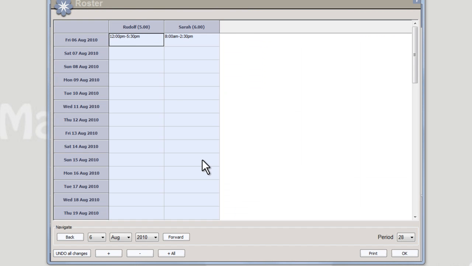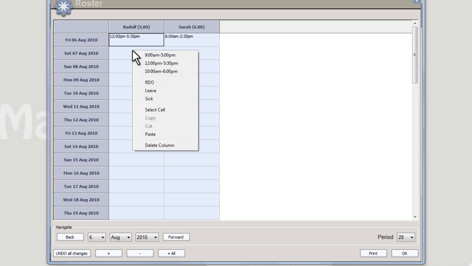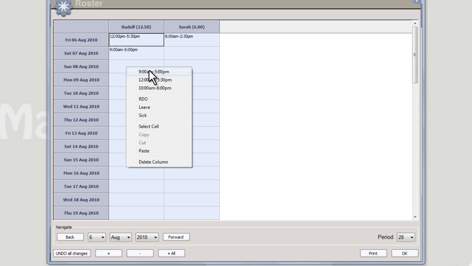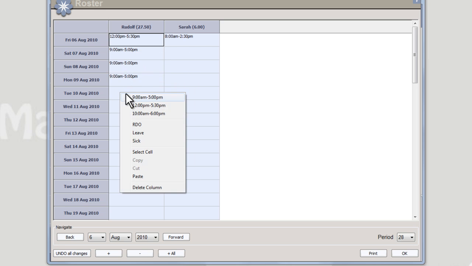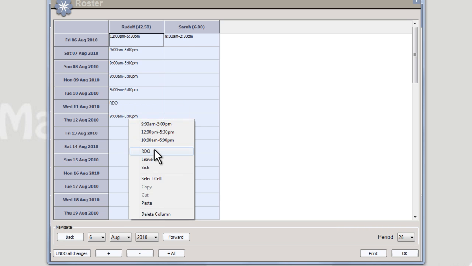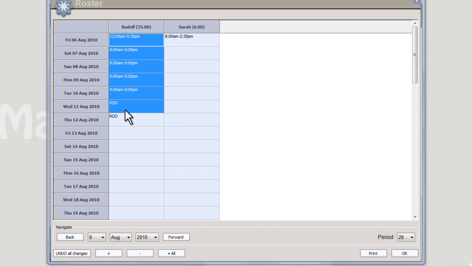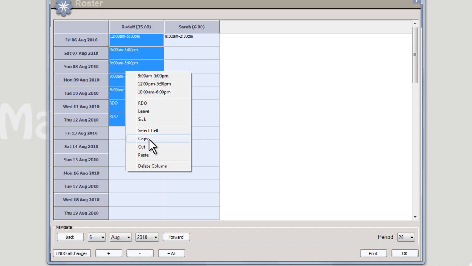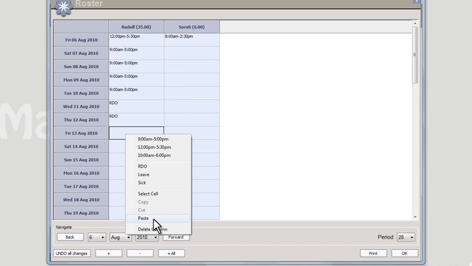The roster. This is where you enter in roster. Roster's great because you can do things like cut and paste and do lots of things really quickly. Let's put Rudolph in for the next week. RDO, and then we can repeat that just by selecting them all. Copy, paste,